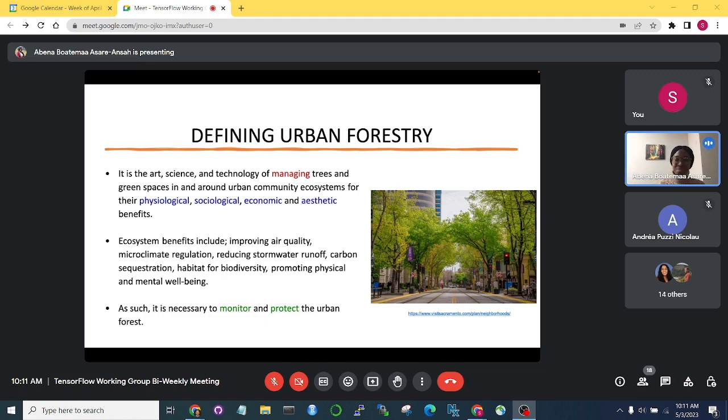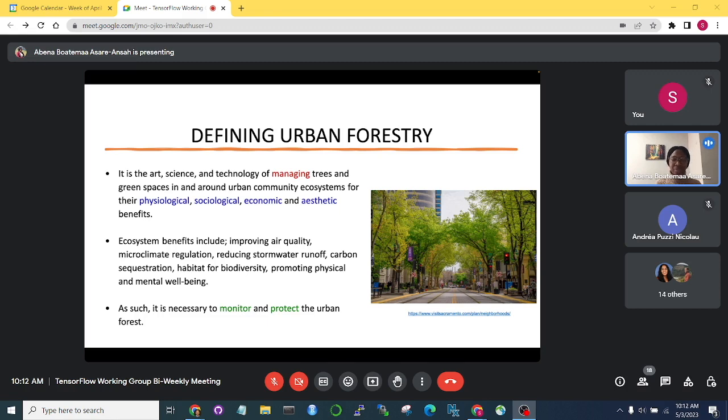So some of the benefits of urban forestry in our ecosystem would include improving our air quality. The trees in the urban areas have the potential of filtering the air we breathe. So like we have particulate matter, PM2.5, PM10, and other harmful gases in the atmosphere. The trees and the leaves are able to filter the air we breathe so that we have good health. And then there's also microclimate regulation, in the sense that because there is shade and there are enough trees in the environment, it's able to reduce the temperature of the environment,